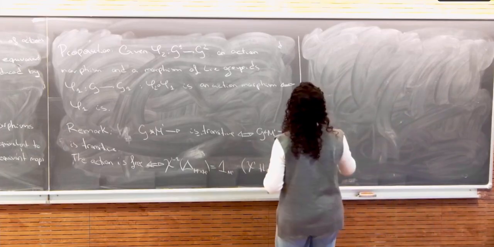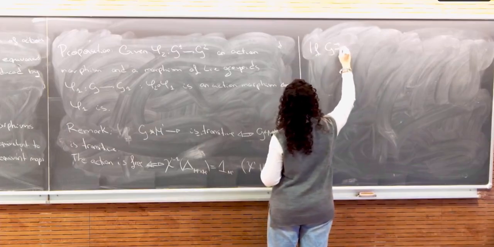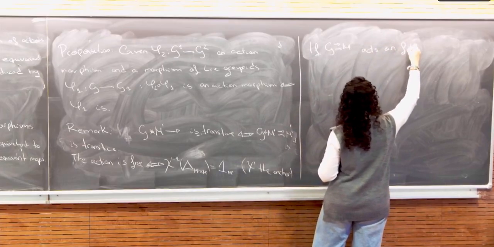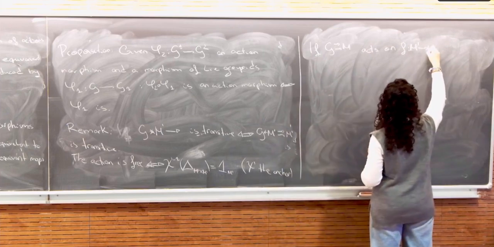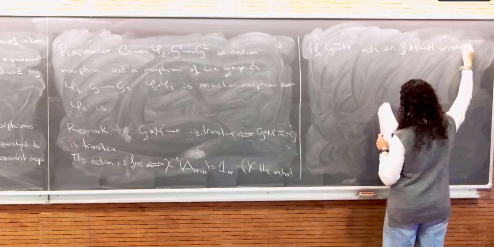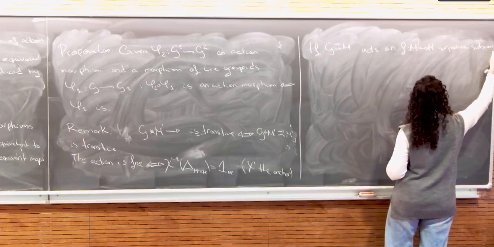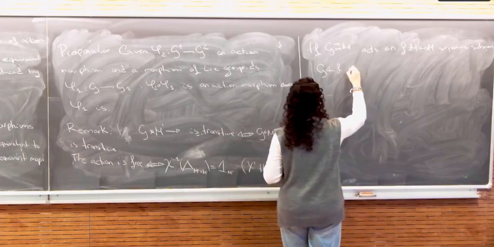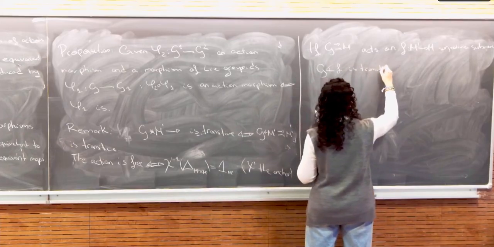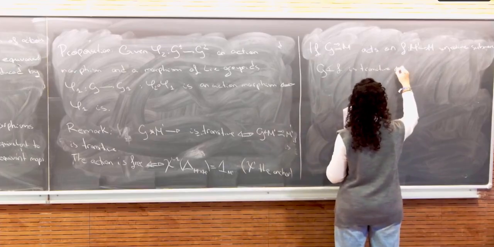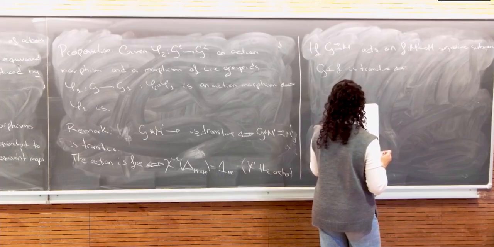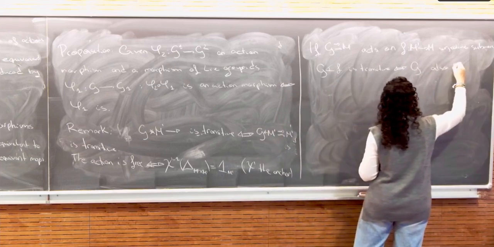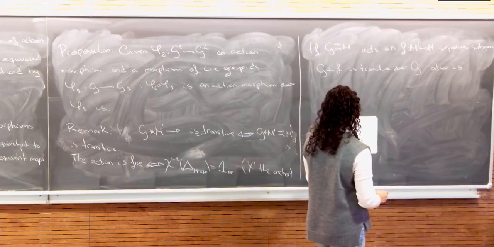So what happens if we have an action with F being a surjective submersion, then the action groupoid being transitive, not only is the original groupoid also transitive, but